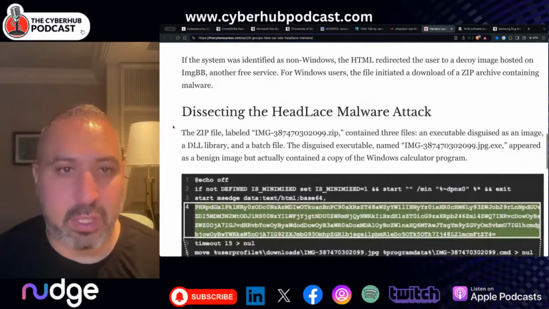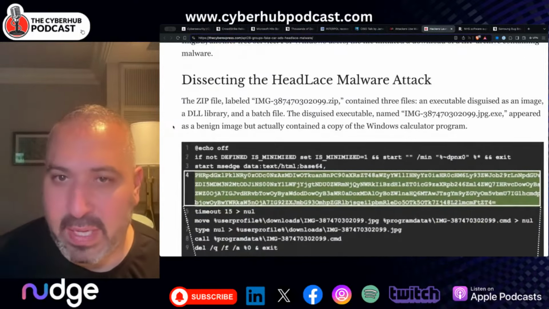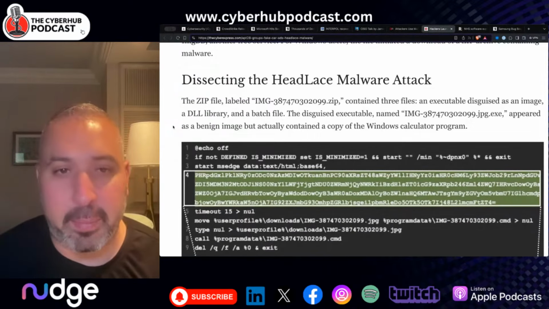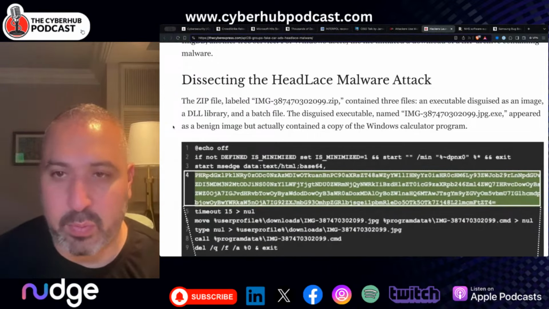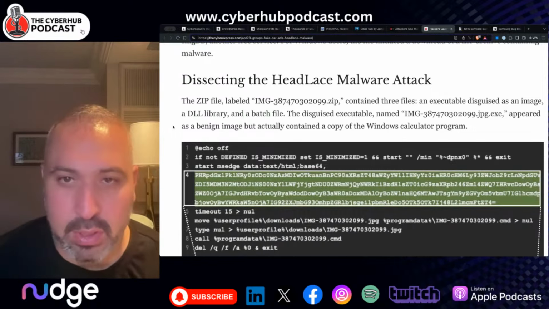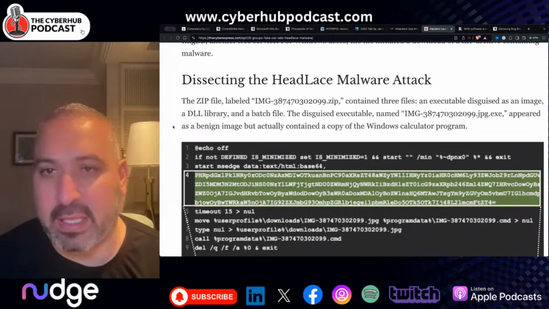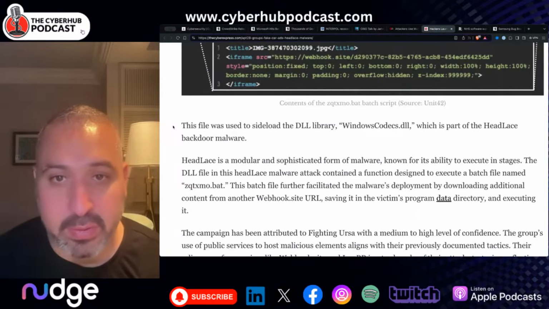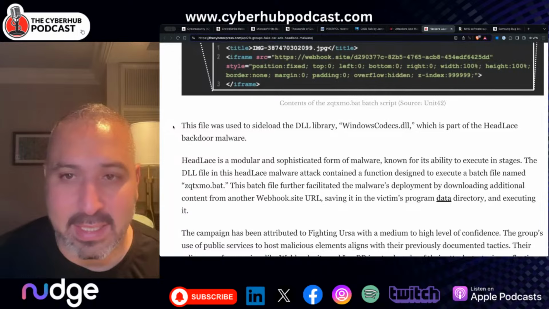And when you look at the malware itself, there was a zip file that contained 3 files: an executable disguised as an image, a DLL library, and a batch file. The disguised executable was named after just a random image, appeared to be a benign image, and looked to contain a Windows calculator program. The file was then used to sideload the DLL library, Windows codecs.dll, which is part of